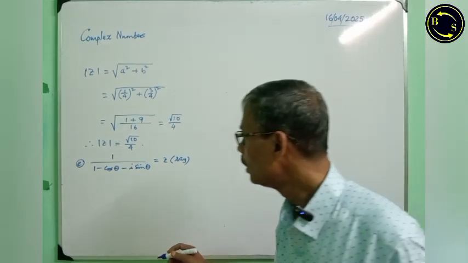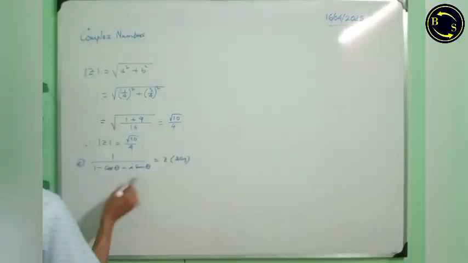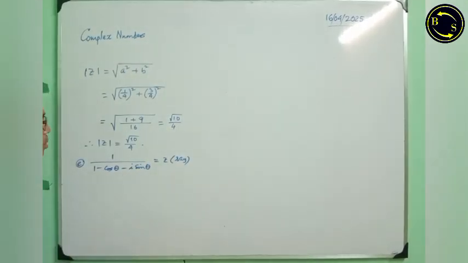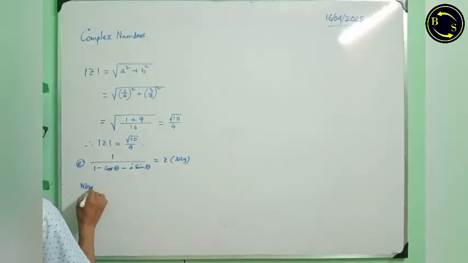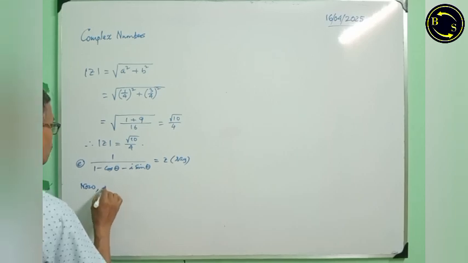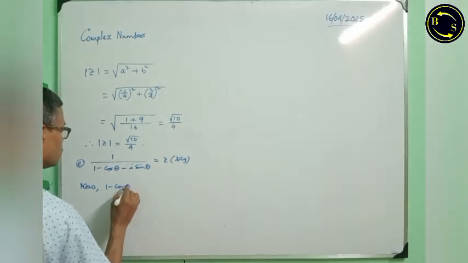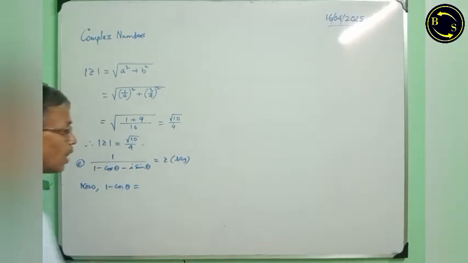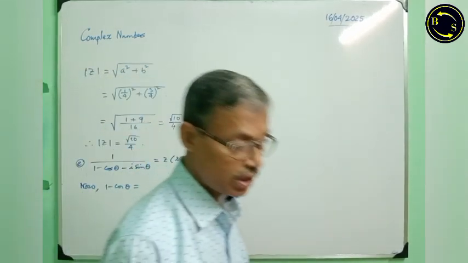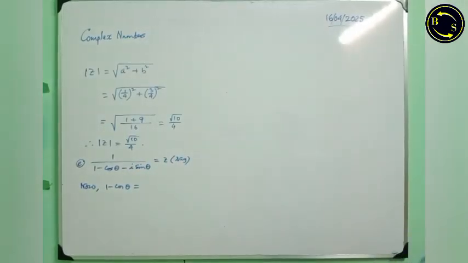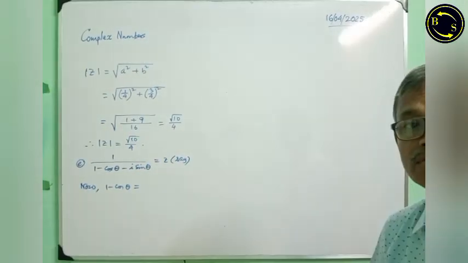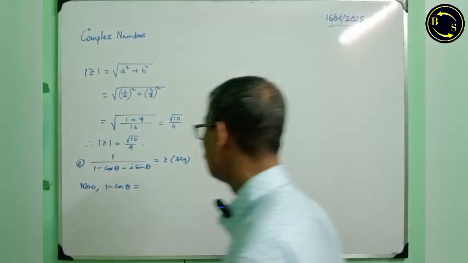Next sum. Numerator 1, denominator 1 minus cos theta minus i sin theta. I take that as first z. Now I solve like this, 1 minus cos theta. Already you have learned this identity. 1 minus cos theta equals 2